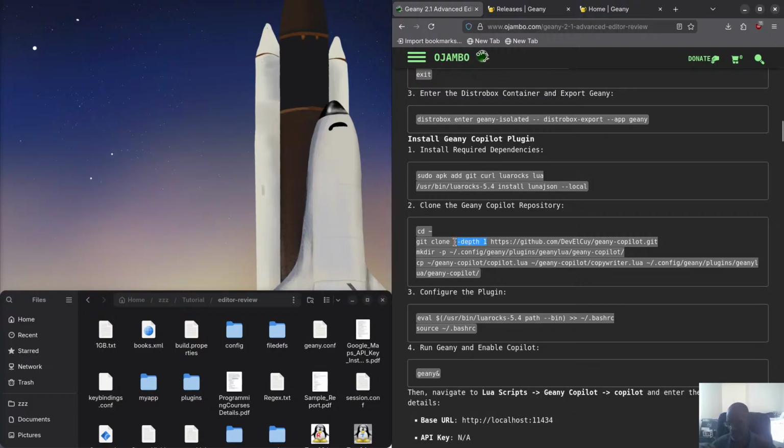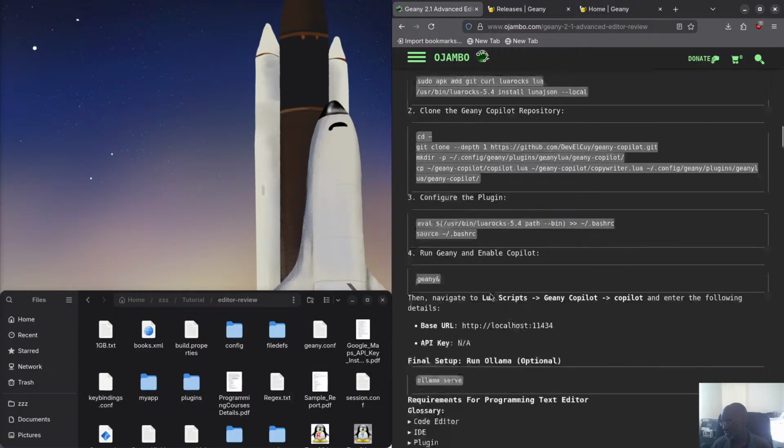This way you don't get the entire history, you just need the latest version. That's how you do that. And then I enter there, and then simply copy the files to the proper places, the copywriter and the Copilot. And then after that,